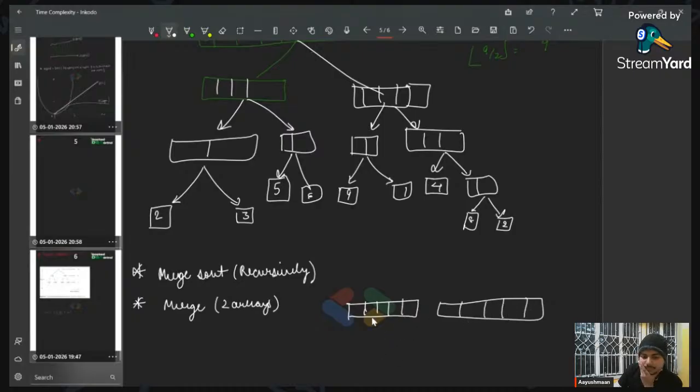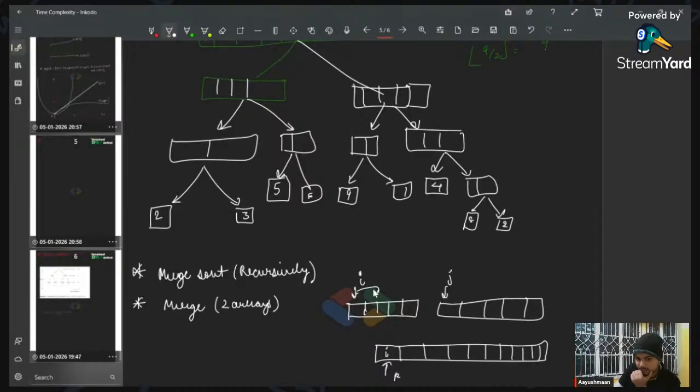What we can do is, say we have 2 arrays, यहाँ पे 5 और यहाँ पे 5, so we make another array of size 10, okay? अब क्या करेंगे? We have a पॉइंटर हियर आई, वी हैव अ पॉइंटर हियर जे, वी हैव अ पॉइंटर हियर के। अभी हम लोग हमेशा आई और जे को कंपेयर करते हैं, ठीक है। तो अगर आई जे से छोटा है तो वी राइट आई वाला पार्ट यहाँ पे और आई को फिर आगे कर देंगे, ठीक है। नाउ आई इज हियर, और फिर आई और जे को कंपेयर करेंगे, के को भी आगे करेंगे ऑफ कोर्स, क्योंकि नेक्स्ट एलिमेंट टू बी फिल्ड इज दिस।